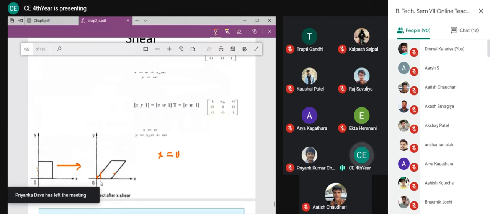But now if you observe what is happening, as my y coordinate increases, see for this: observe the y coordinate of this and the y coordinate of this. Which one has the higher y coordinate? Definitely this one has a higher y coordinate compared to this one. Whichever has a higher y coordinate, its x shift is higher. This has the highest y coordinate compared to all these points, and its shift in the x direction is highest.